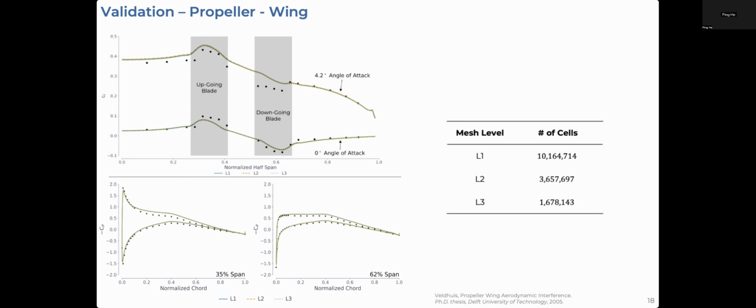And we'll then take these two optimized designs and we'll put them together and trim them to the desired lift condition. On the other hand, we'll leverage the ability of DAFoam